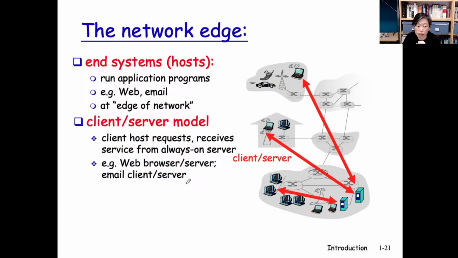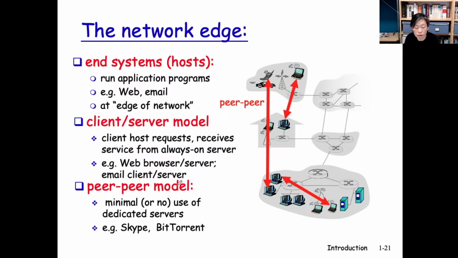There's another way of communicating between the end systems, the applications running on the end systems, that is called the peer-to-peer model. Okay? The idea there is to get away without this always-on server. Now, imagine setting up a web server yourself and allowing thousands and maybe millions of clients in the world to access your web server. You do need a lot of what? Money, right, to maintain it.